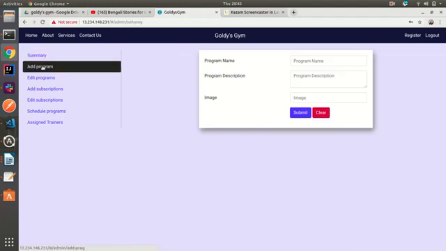Then you can go to add program, where you can add a new program like Zumba if you want to add as a gym owner, and you have to give some description.